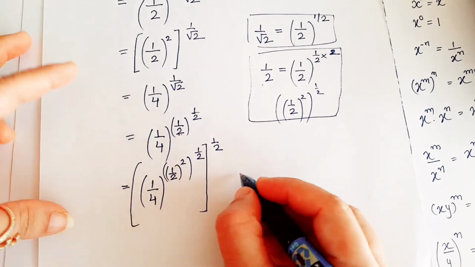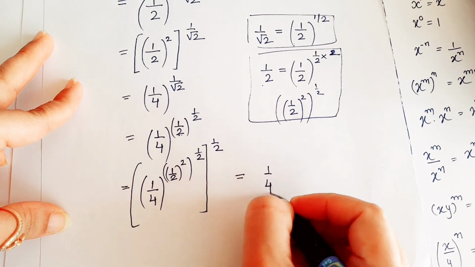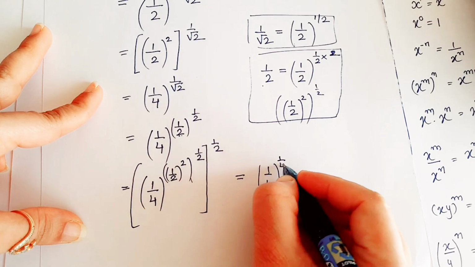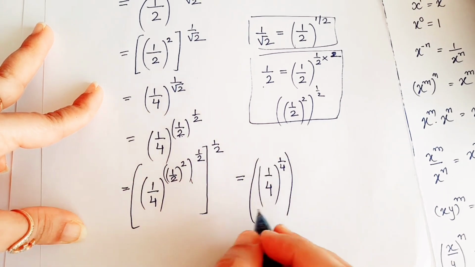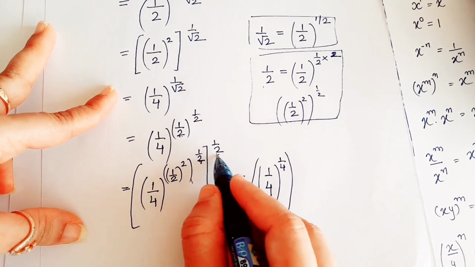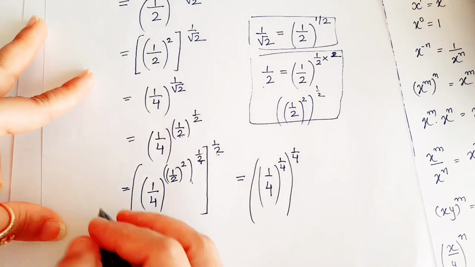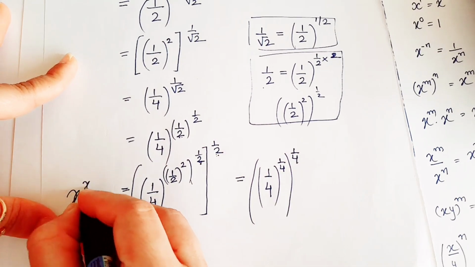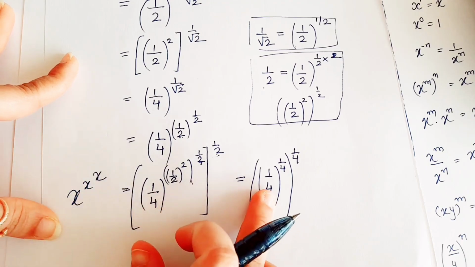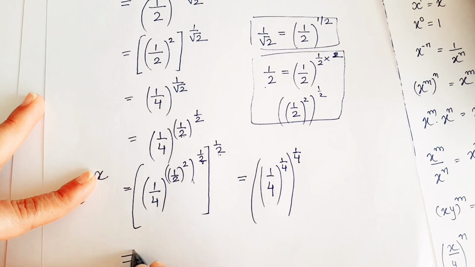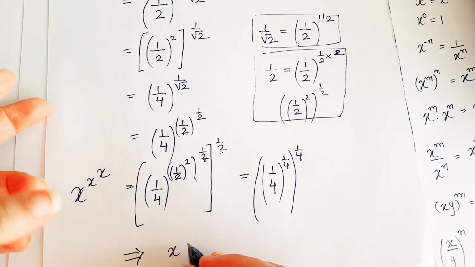So this is 1 upon 4 raised to power, this is 1 upon 4, and power of power can be multiplied. So this is 1 upon 4. So we had x raised to power x raised to power x, and we got 1 upon 4 raised to power 1 upon 4 raised to power 1 upon 4. This implies x is equal to